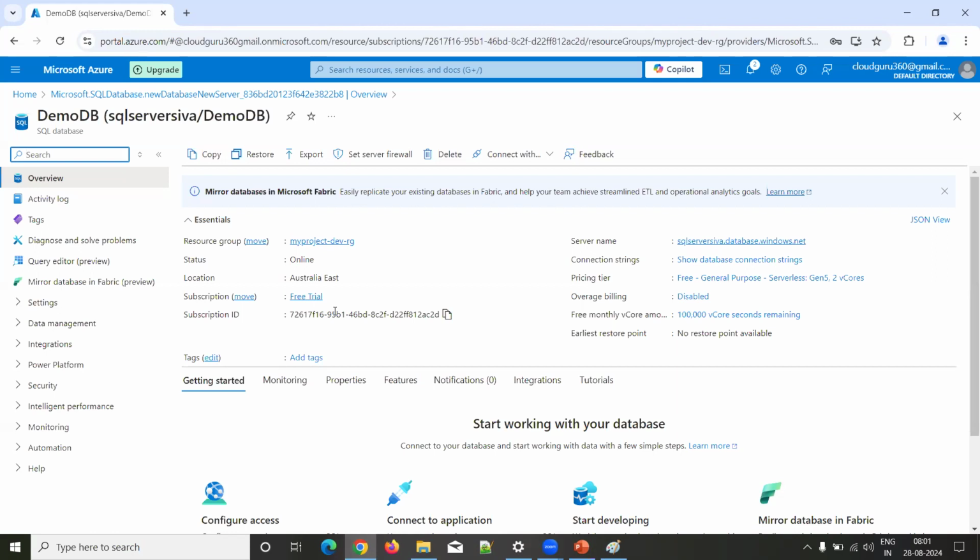Suppose you want to create two databases under the same resource group. You can create two databases with different names. Within the resource group, you have to create them with a different name. But usually that will not happen except for databases. For example, if I need a data factory